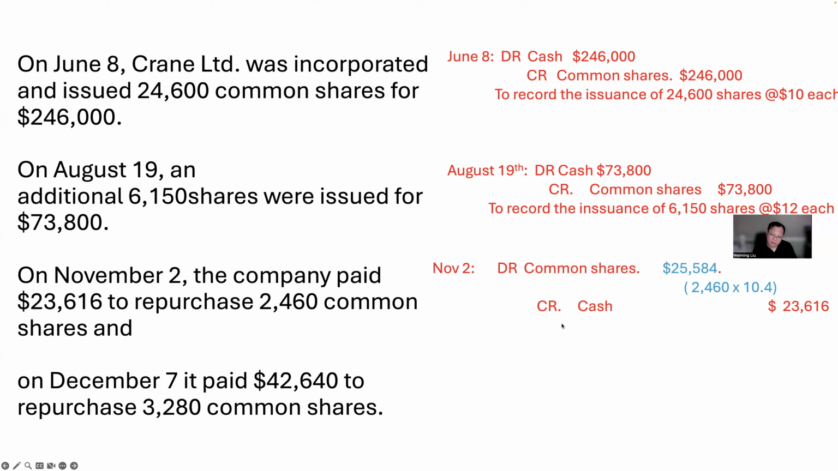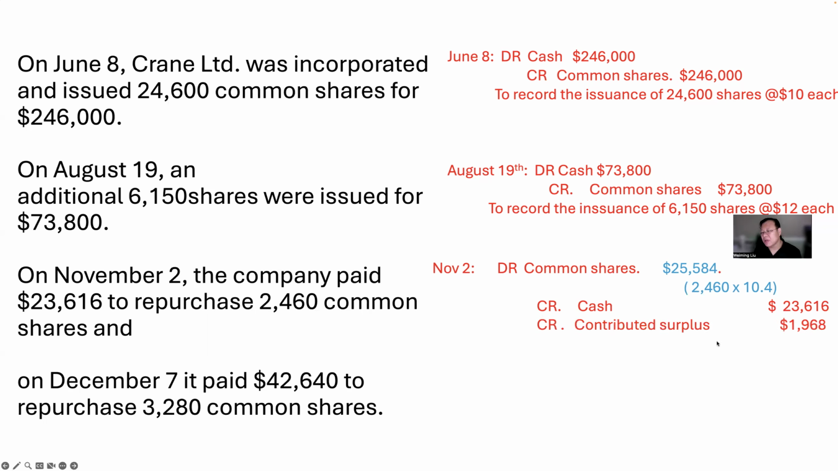So this difference is due to the share price changes, right? It cost the investors $10.40 to buy these shares from the company when they were issued. But on November 2nd, the company was able to buy back these shares at a cheaper price, right? So the company is gaining some money, okay? So in that case, we will credit